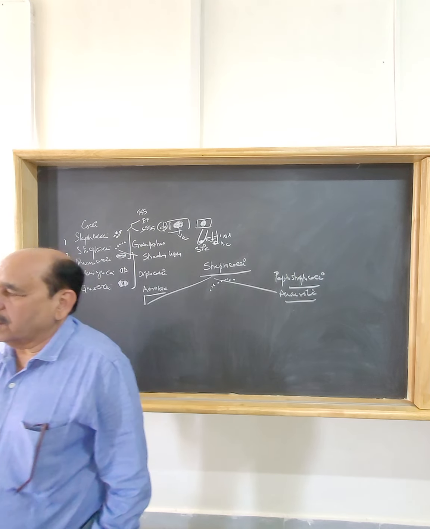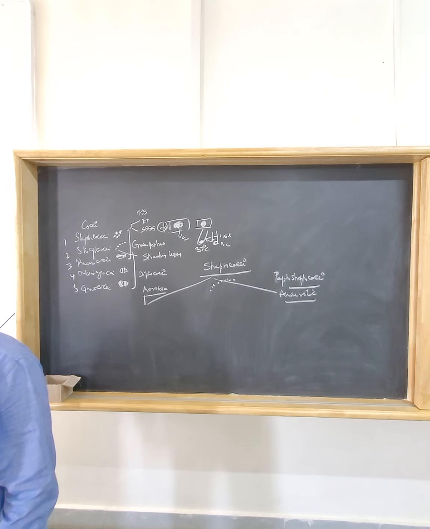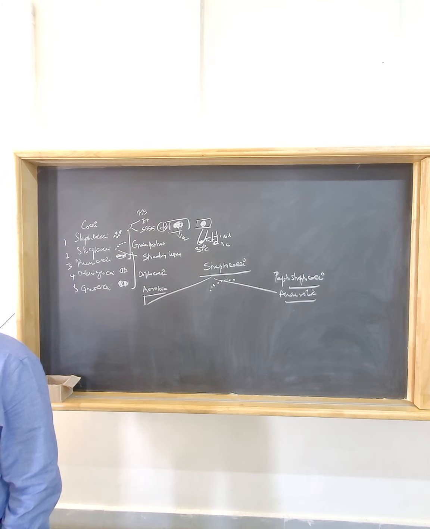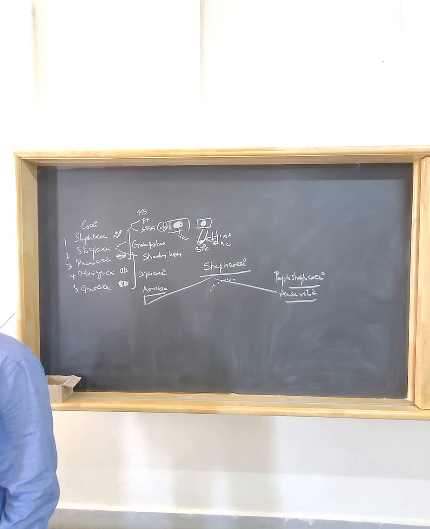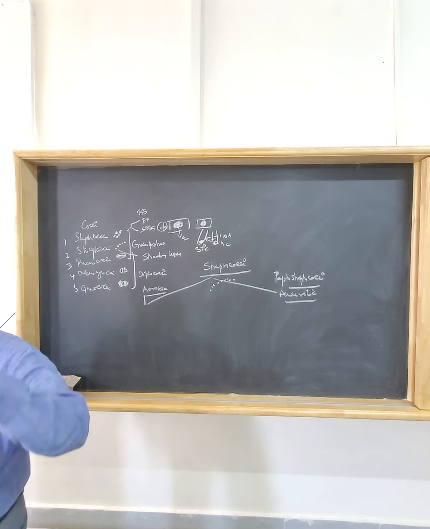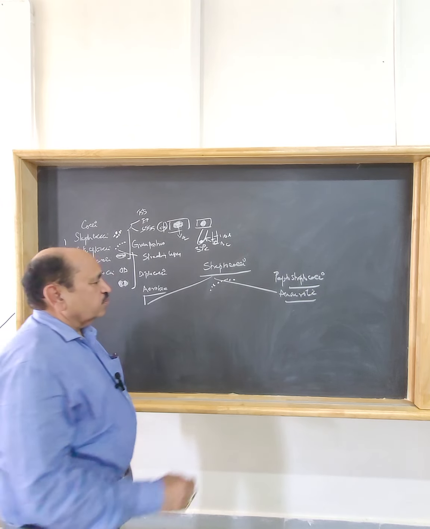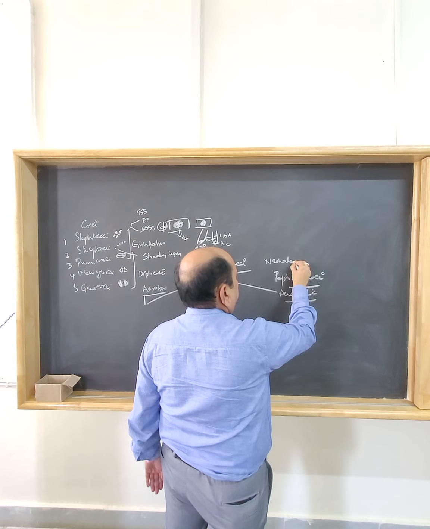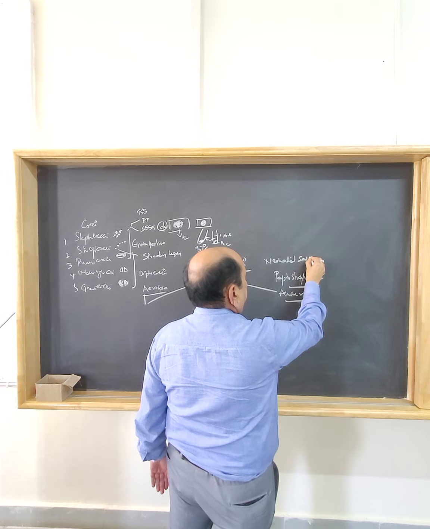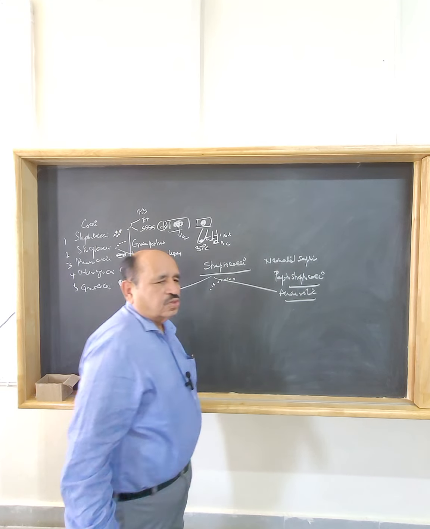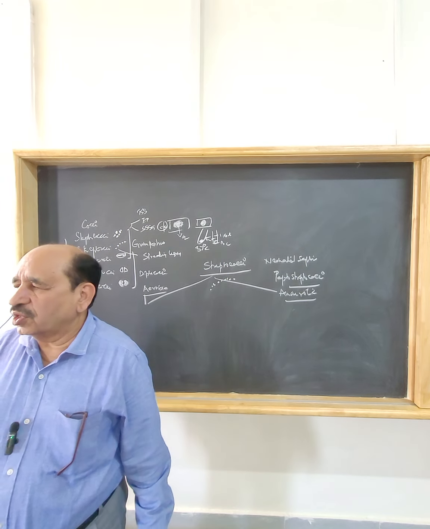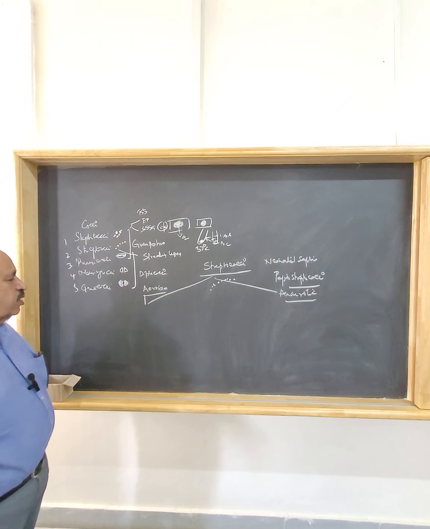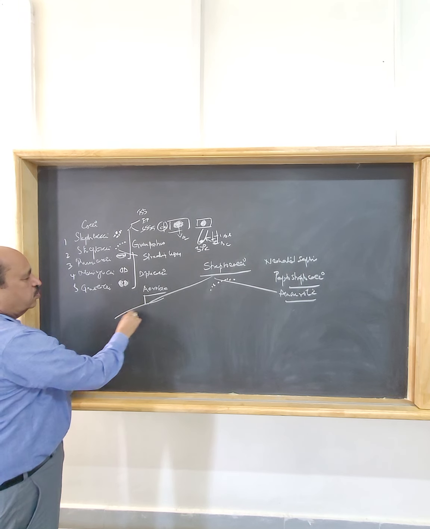Peptostreptococci is a normal inhabitant of the female genital tract, one of the important organisms which causes neonatal sepsis immediately after delivery. Important organism. Now, aerobic streptococci are classified into three groups: